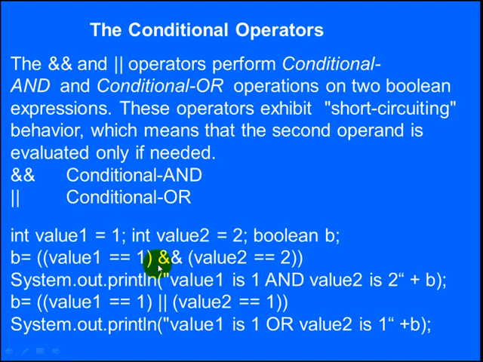If both the inputs to the logical AND operator are true, then it generates the output as true. Means true and true equals true. So b equals true. The overall value of these two expressions along with the logical AND operator, the conditional AND operator, is true.